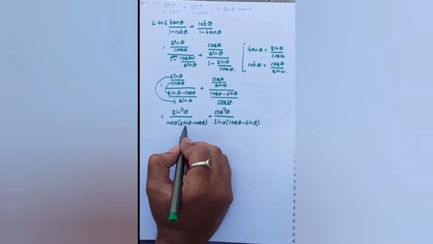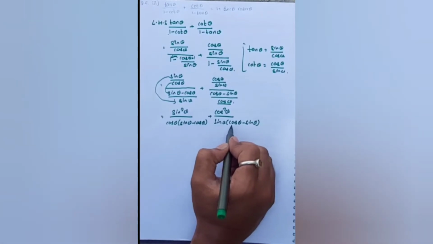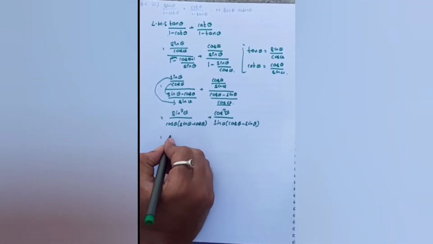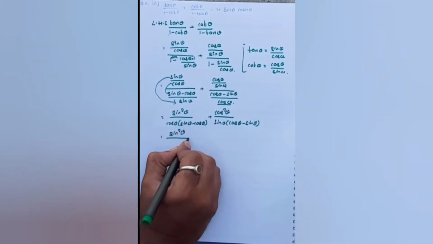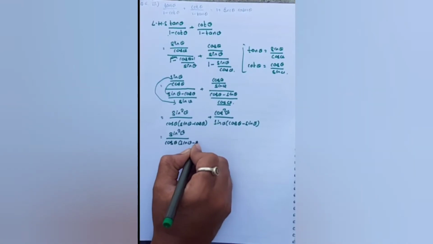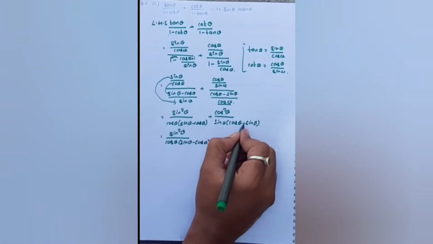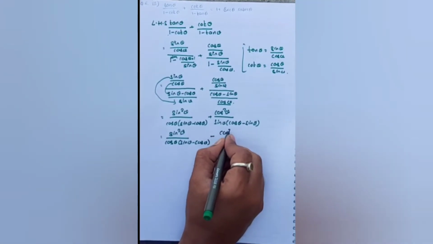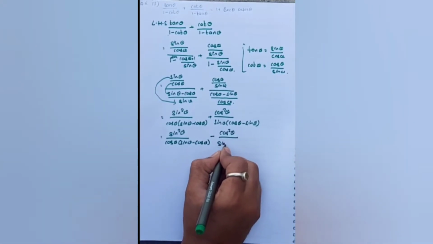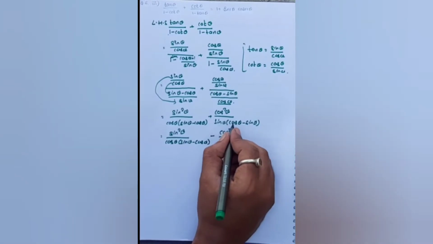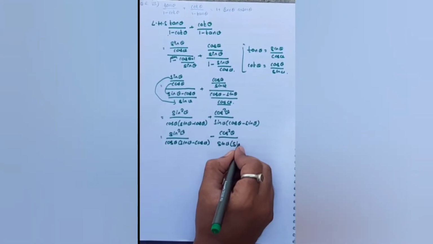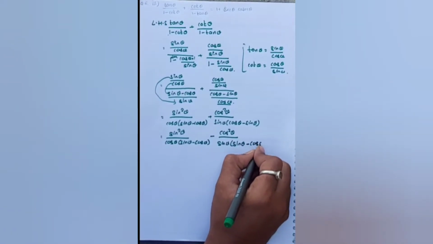So now here see, here sin theta minus cos theta, but here cos theta minus sin theta, so I will take minus outside. So now this equation becomes sin square theta as it is, divided by cos theta as it is, and sin theta minus cos theta as it is. So here I will take minus common, so this plus becomes a minus, and here cos square theta as it is and sin theta as it is. So minus outside means the plus cos theta becomes a minus sin theta, and minus sin theta becomes a plus sin theta. So sin theta minus cos theta.